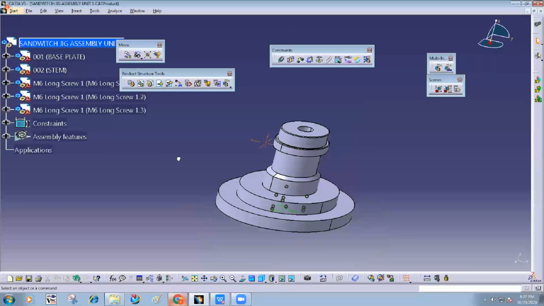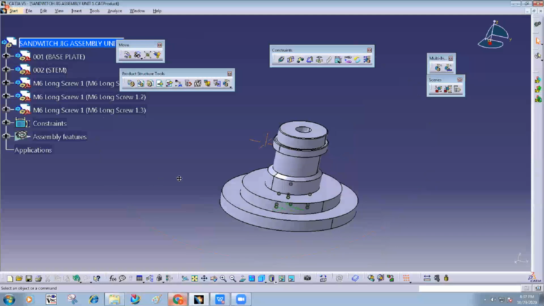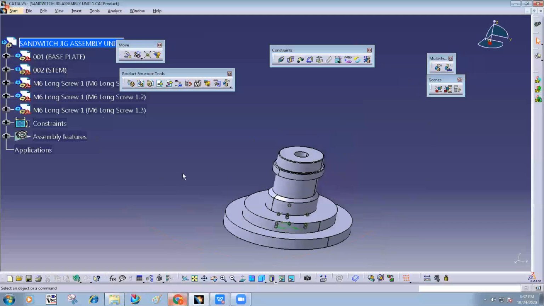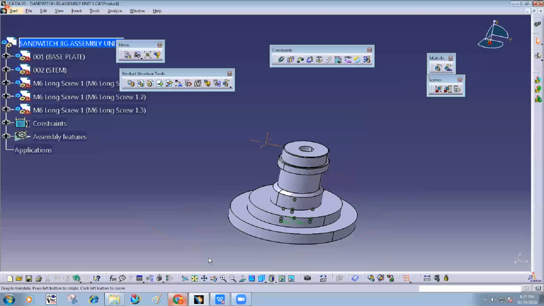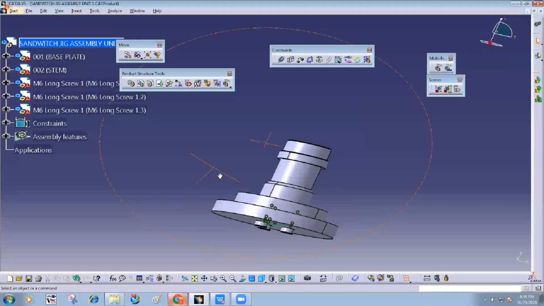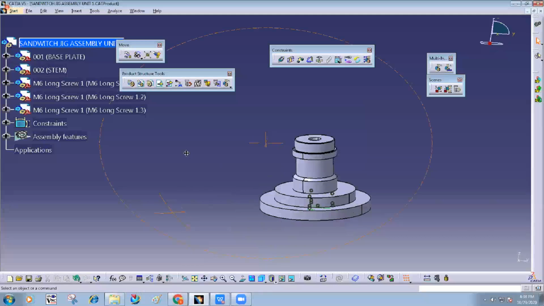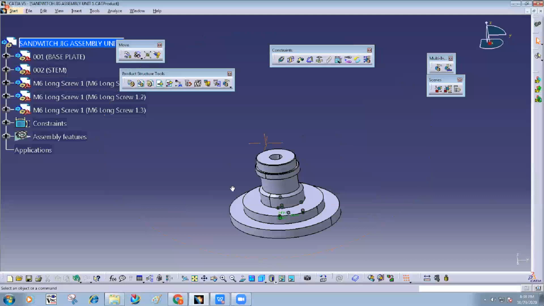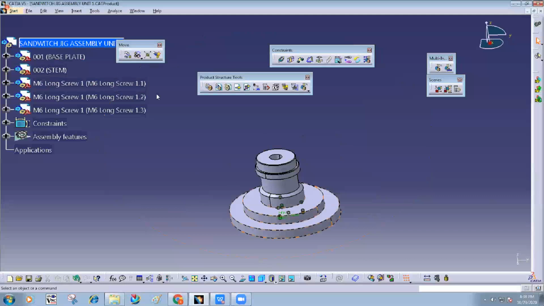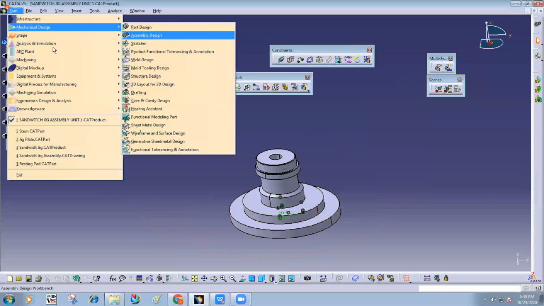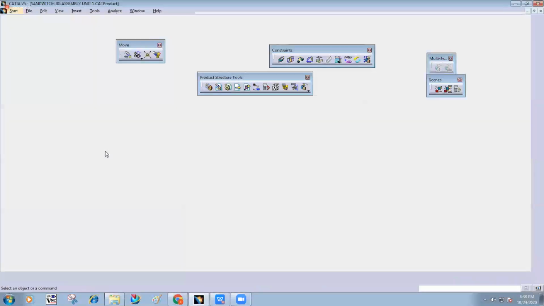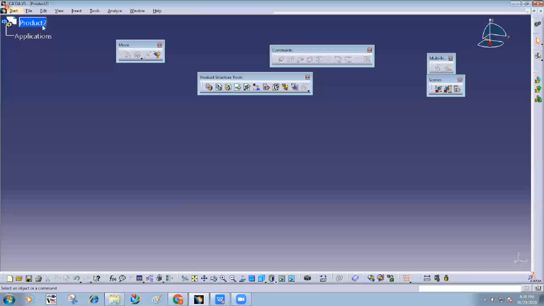Okay, so show the fasteners drawing. The fastener drawing I will tell you. Now next part is the second unit. Go to mechanical design, assembly design, and there I give the name property.